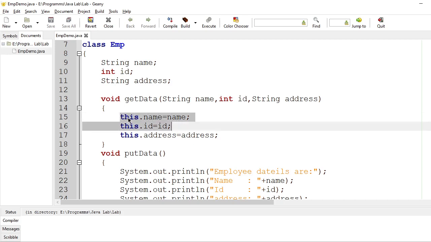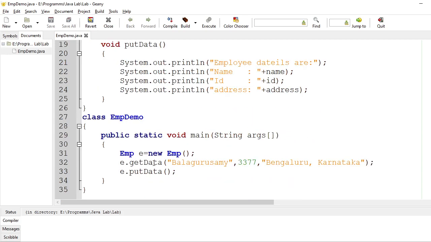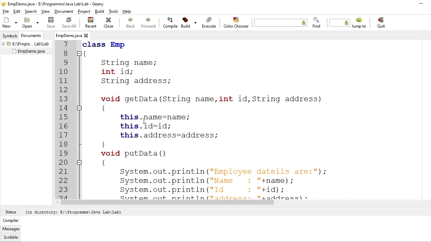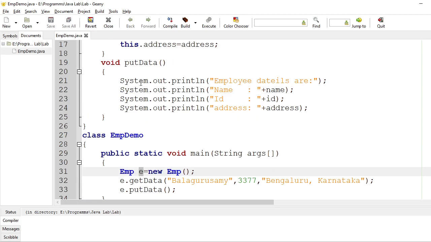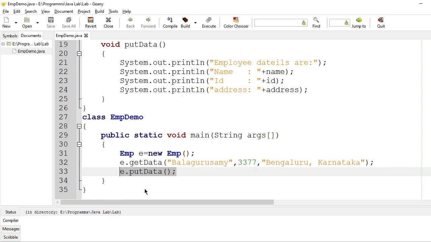Here this represents the object which calls this instance variable. E is calling that instance variable, so this object E is this. Now once I call getData, I have to use putData. putData will just display the content of this information. You can create any number of objects, multiple objects for this employee. Just call getData and putData and do the experiment.